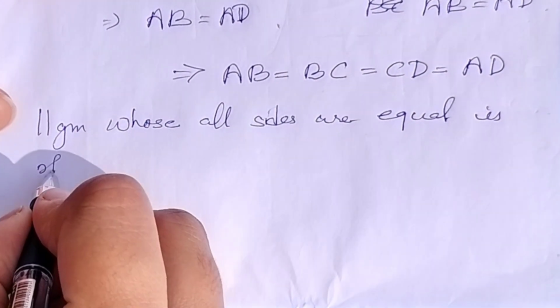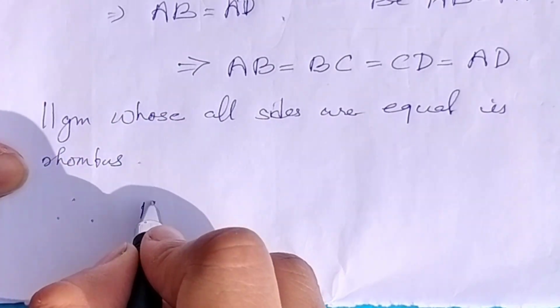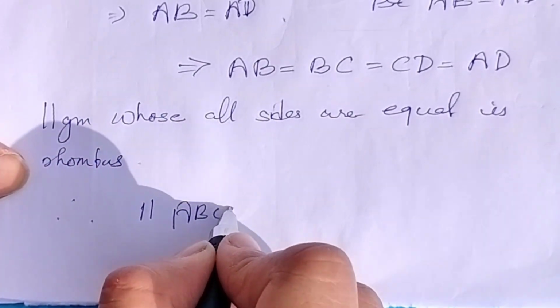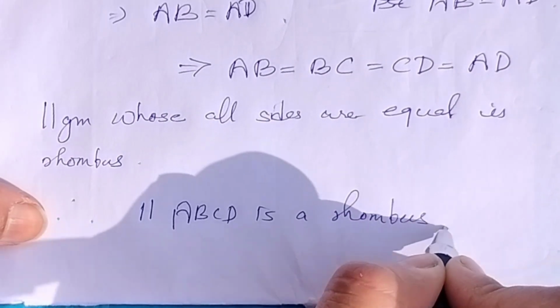Thus, therefore, parallelogram ABCD is a rhombus. Hence,